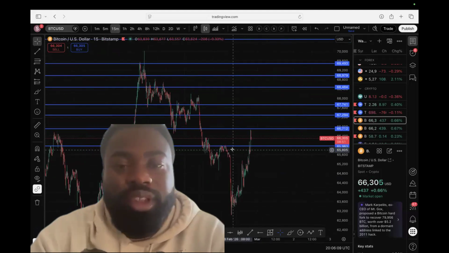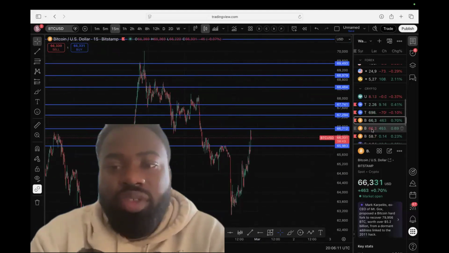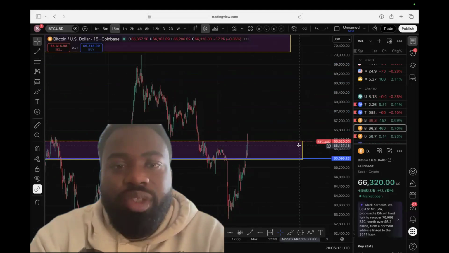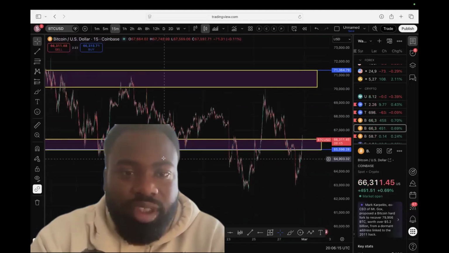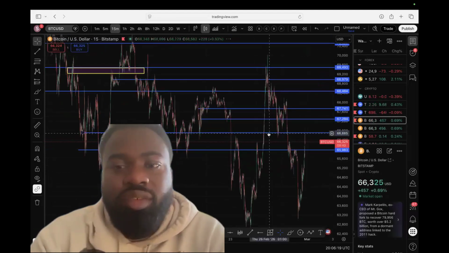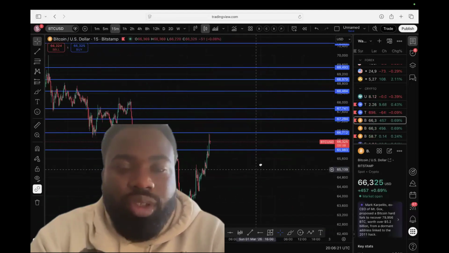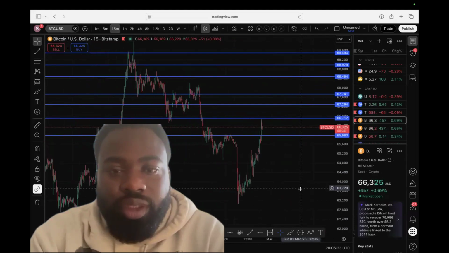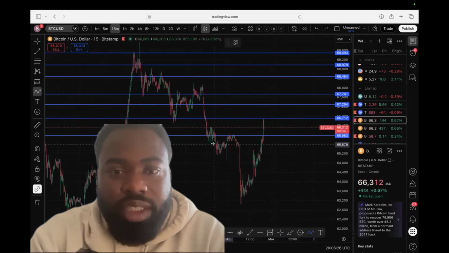And I like to be able to see the chart with no indicators. So this is something like a simplified version of what Bitcoin's doing, but we'll get into that. Right now, this is what's going on in the market. So right here,